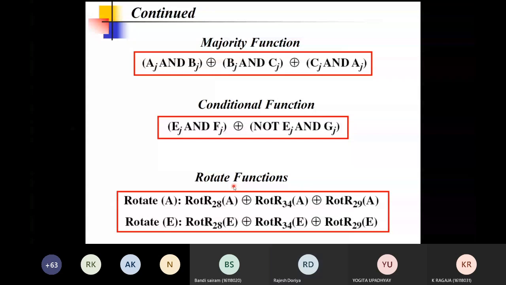All of you can note these functions: the majority function, the conditional function, and the rotate function. In the majority function, it is A and B XOR B and C, then XOR C and A. Just note down the first one and the second one. Then I'll give you some examples to solve. Have all of you noted these two things?